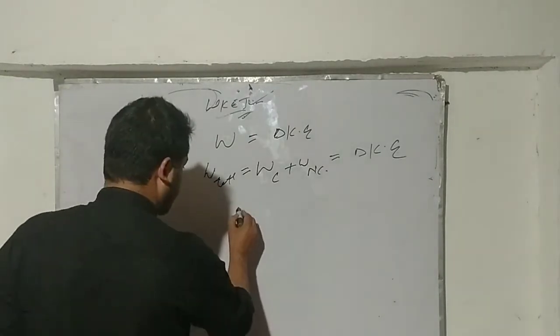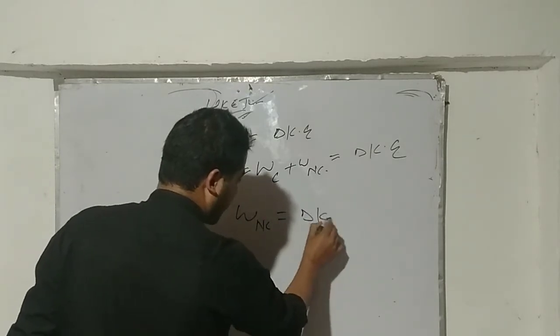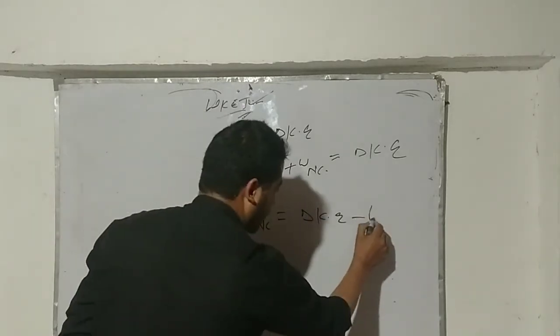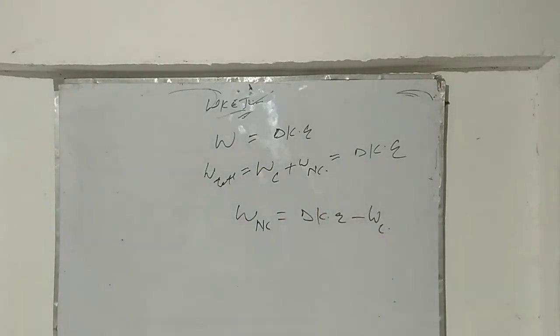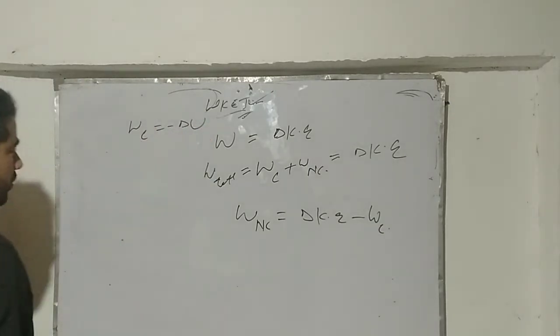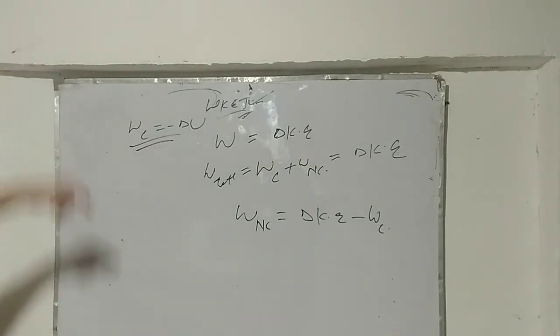If I want to know how exactly this theorem or principle works from a different intuition, if I put my W_C here, it will be negative, as I know from the last discussion. The work done by the conservative force is the negative of the change in potential energy. This is something already known to us as we did it.